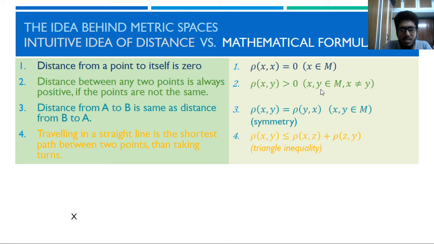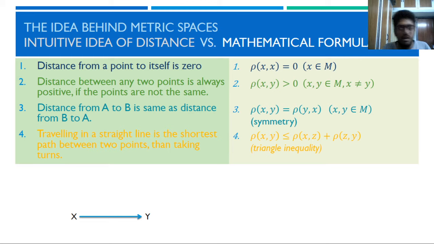Before we continue, let me make a small note. Here, we are rewriting something real world in mathematical terms. And when we are doing it, we will take the simplest model possible. For example, suppose there are 2 points x and y. You can go from x to y in whichever way possible. You can walk zigzag, take left, right, left, and take a sequence of lefts and rights and reach y, or you can walk straight from x to y. Since we are making a mathematical model here, or we are trying to abstract it, we'll take the simplest case where when we say distance between x and y, it is the straight line distance between x and y.